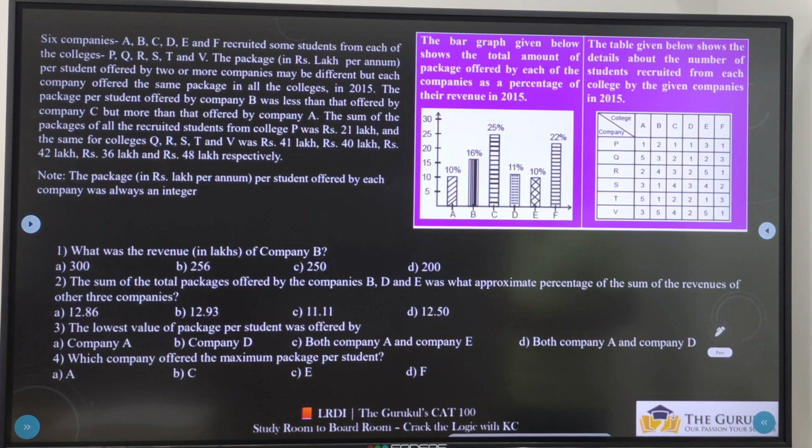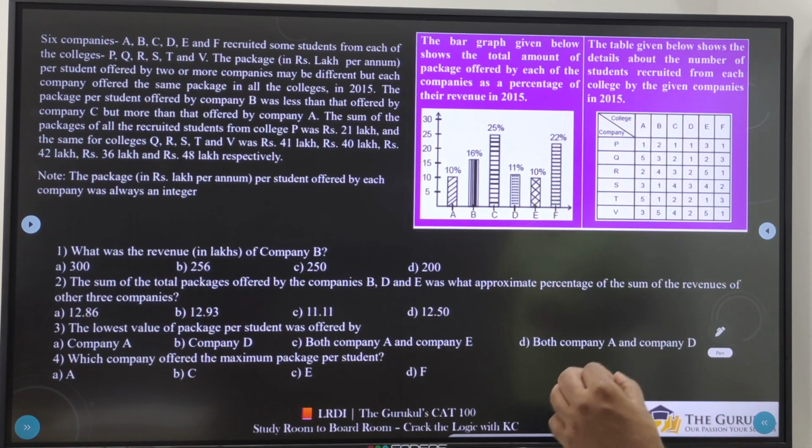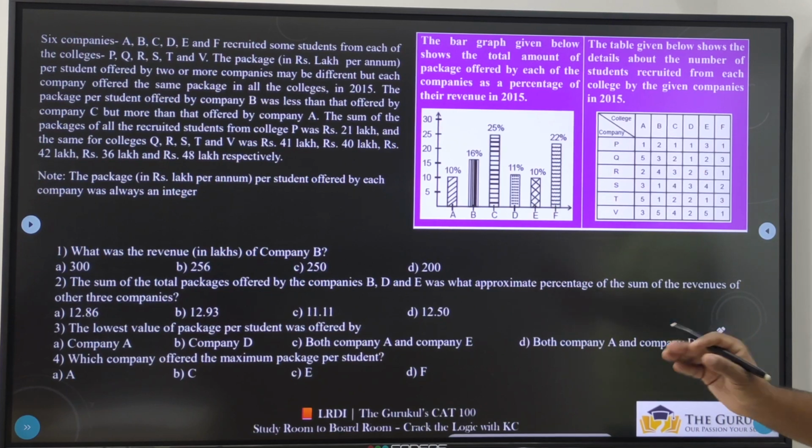Okay, let's see. 6 companies A, B, C, D, E, F recruited some students from each college P, Q, R, S, T, V. The packages per student offered by 2 or more companies may be different, but each company offered the same package in all the colleges. So maybe if A and B are 2 different companies, A can offer a different package, B can offer a different package. But when A is going to every college, P, Q, R, S, T, V, it offers the same